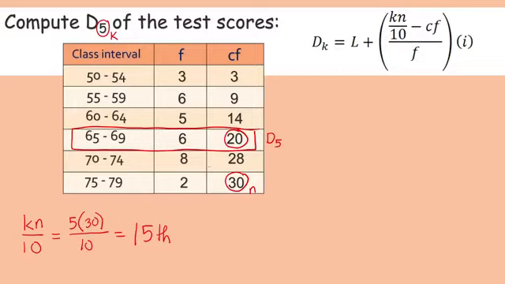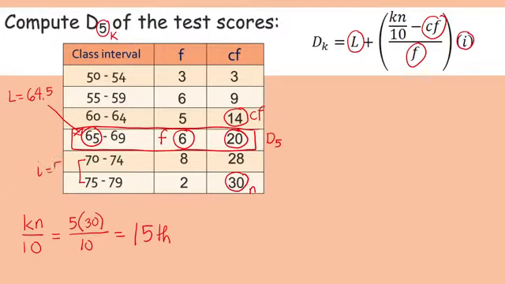Now, let's start with the L. What's the value of L using 65? 64.5. You subtract 0.5 over 65. What is the value of CF? 14. The value of CF is 14. What about the value of F? 6. The value of F is 6. What about I? 5. That's equal to 5. So substituting everything to the formula, we have the fifth decile is equal to